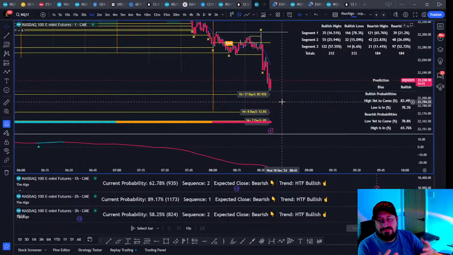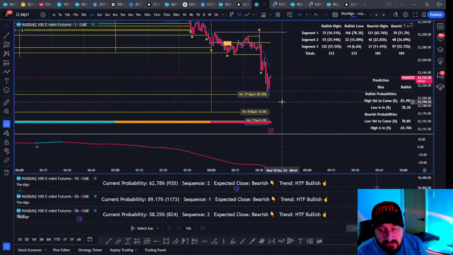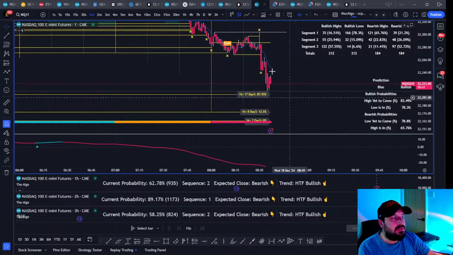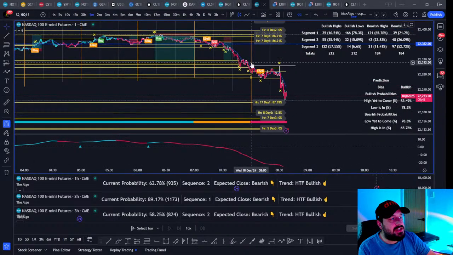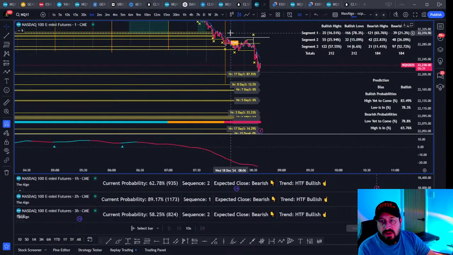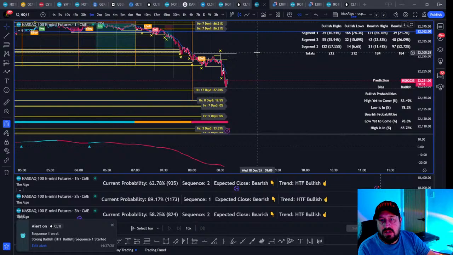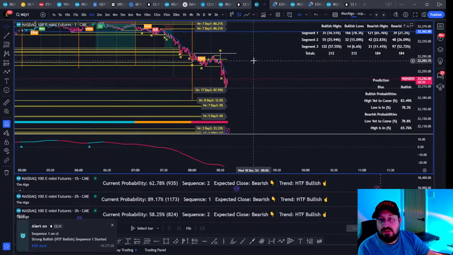But it's no good. It needs something else. It's fine as another confluence. It's fine as a thing to say, okay, well, this could happen. But there's so much volatility in the first hour of New York that a lot of times New York can put in its high, put in its low, and then we just sit inside the range. And all it has to do is close above or below the hourly open for the statistic to play out.